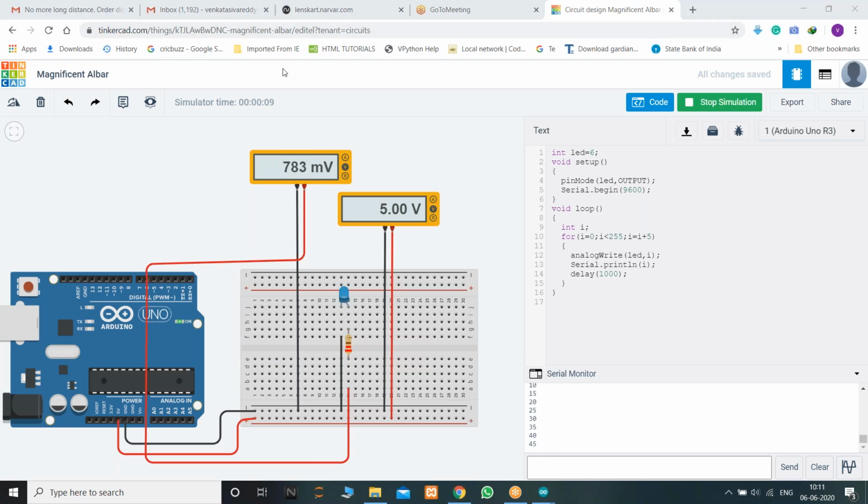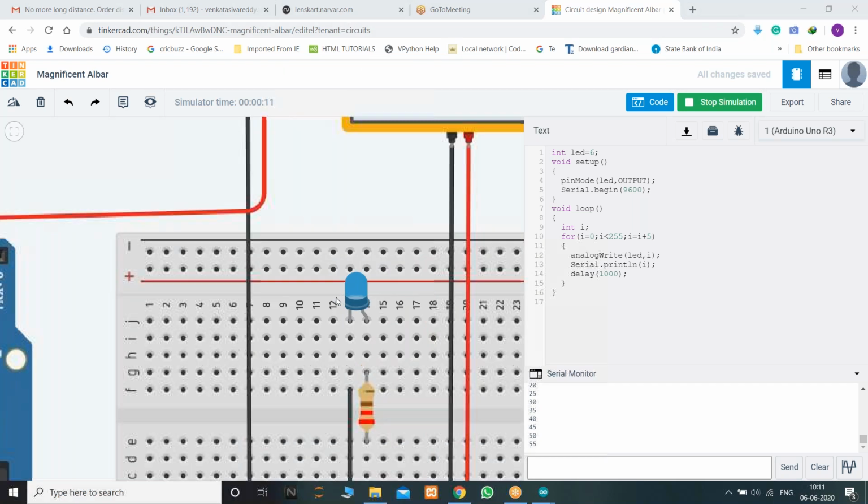You may see the brightness of the LED also. It is increasing. 75, 80, 85, 90, 95, up to 250. When it gets to 255, it is escaping from the loop. The control is escaping from the loop.